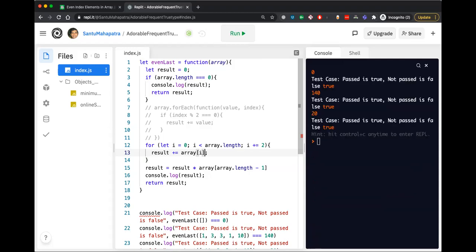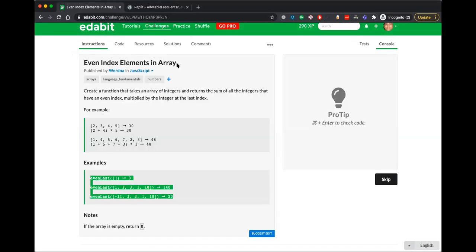All test cases passing. So there are multiple ways to approach this problem. You can use a function for array available in JavaScript like for each, for of, for in. You can also just do it directly, using your old style for loop. Everything is correct. Okay, so let's take up one more problem and then we will end this day today.